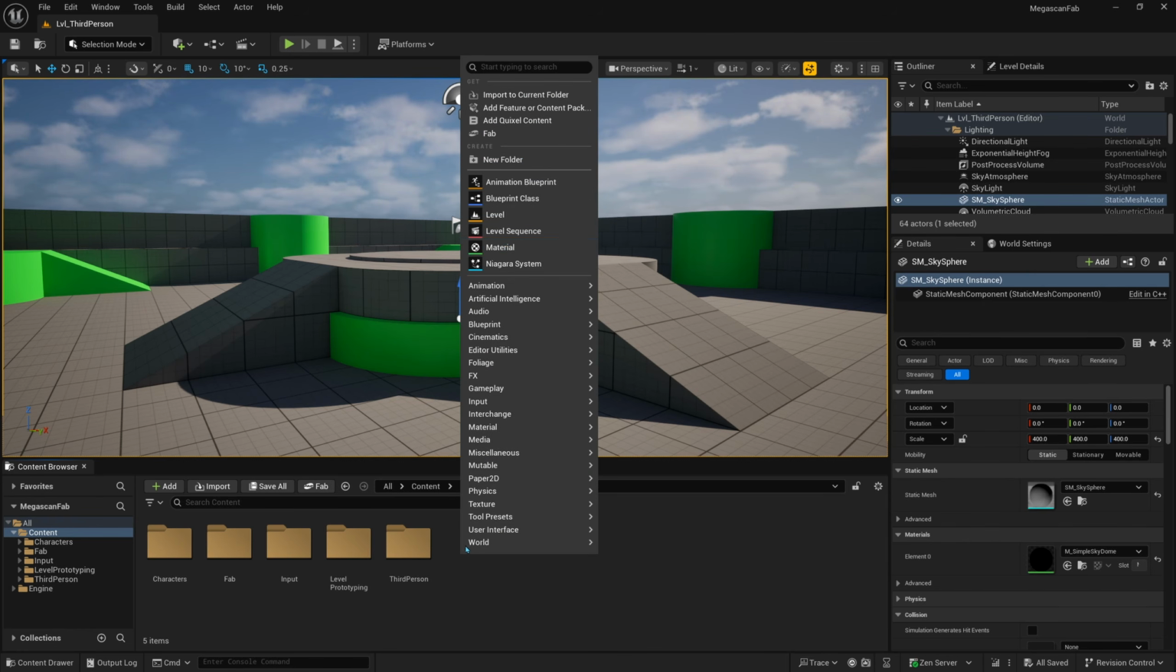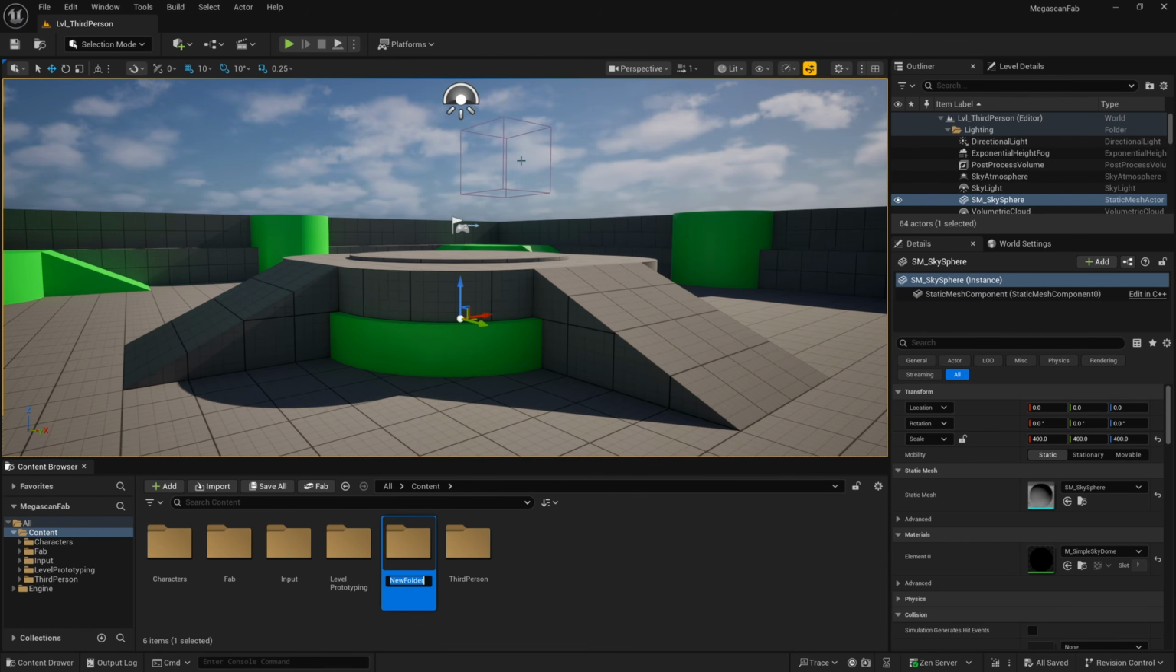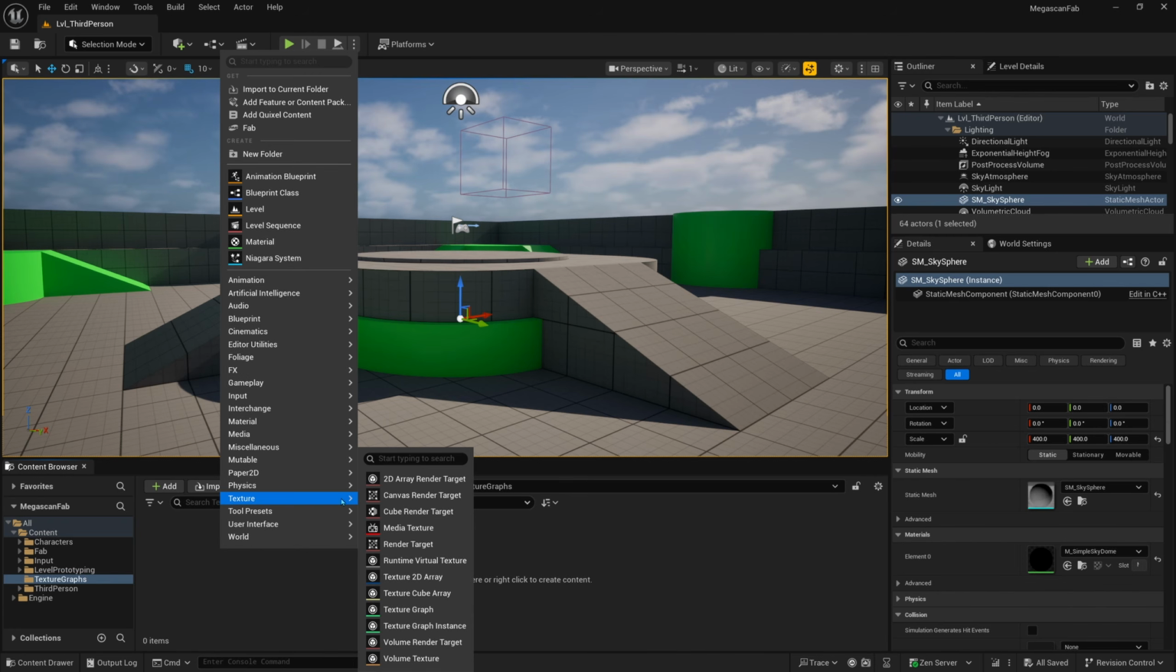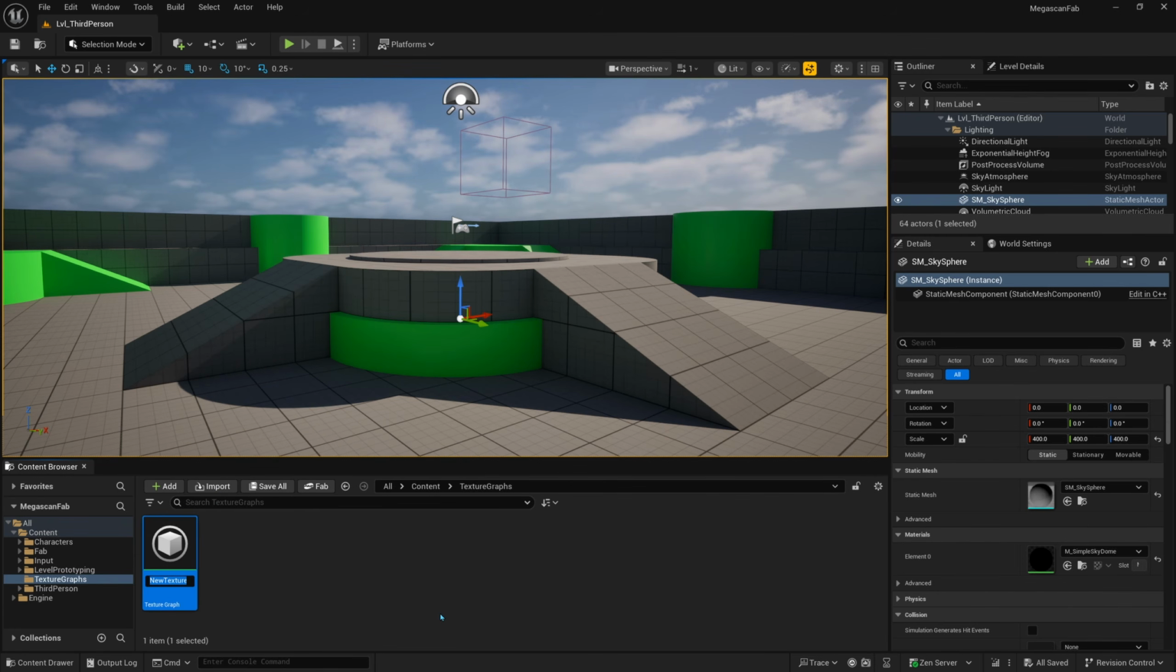So I'll right click in new folder, name it texture graphs. That way we can keep our project organized. And then inside of here, I'll right click and go to the texture dropdown and then find texture graph. I'll name this